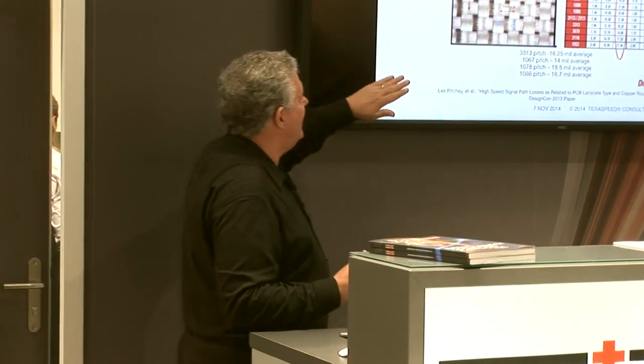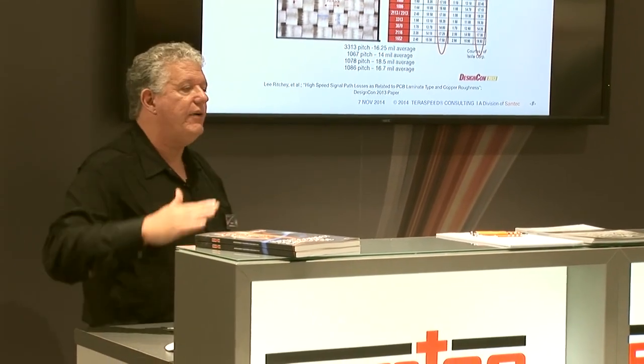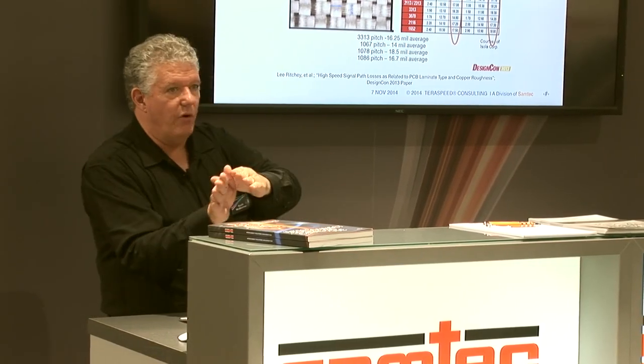So how can we control skew? If we're subject to these materials and they're going to have skew because of the way the fiberglass is oriented, what can we do to control this? Well, the answer is we can be clever. Number one is we can route our traces diagonally. We can either do that by routing them on the board in a diagonal or turning the board so that